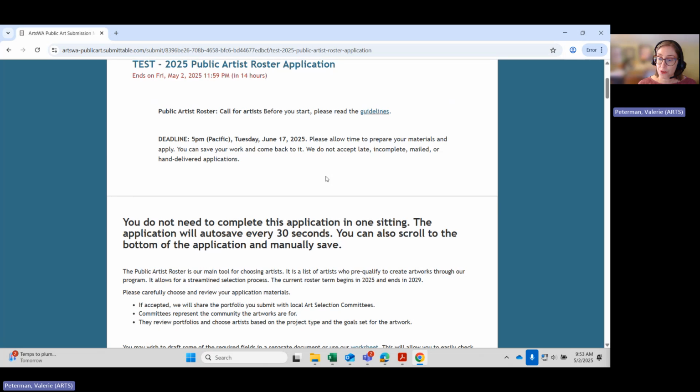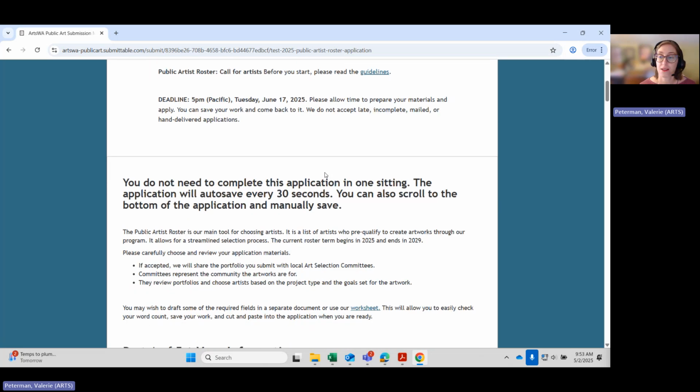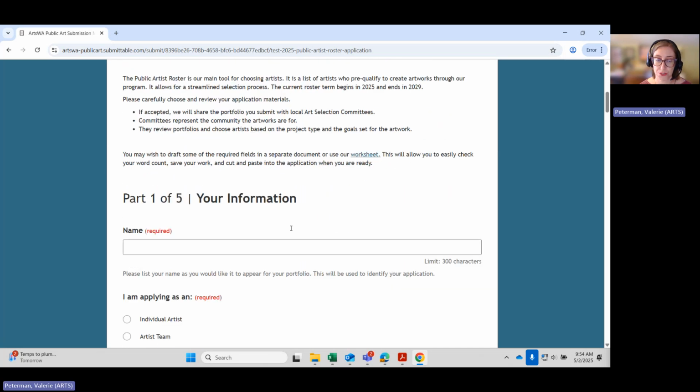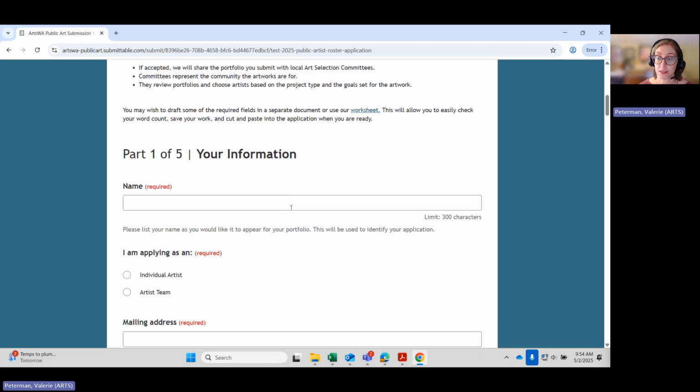And I will note that this is a really robust platform that auto saves every 30 seconds, if not sooner than that. So please don't feel like you have to do this all in a single sitting. You can take your time, you can come back to it, you can really review and take as long as you need to put your materials together. The deadline is June 17th. So this is our main tool for selecting artists for projects. So do be really considered in what you